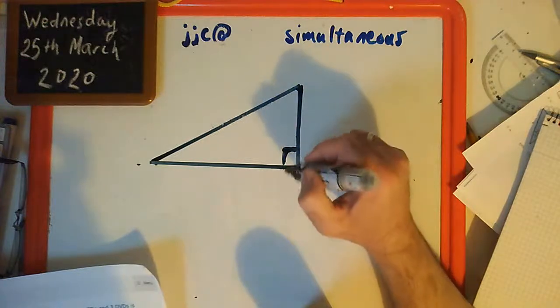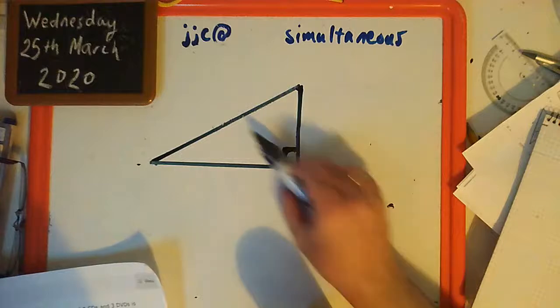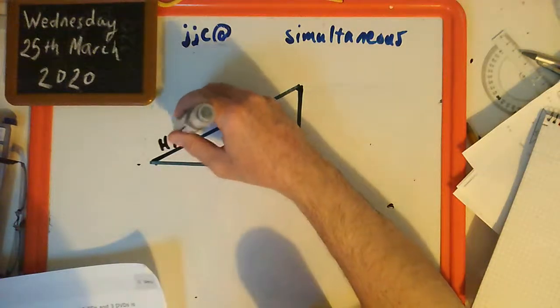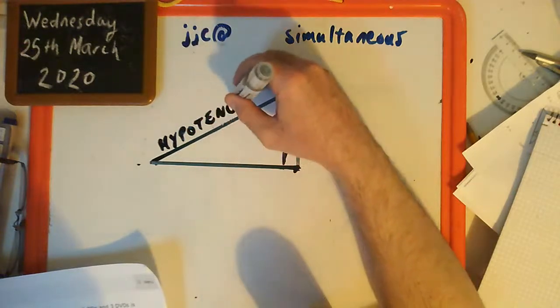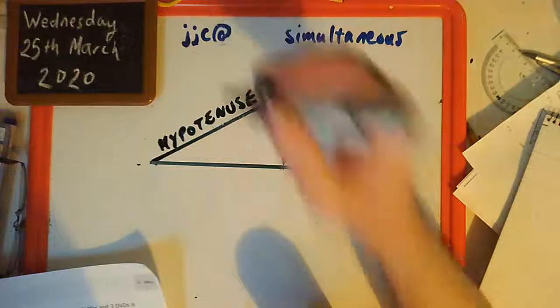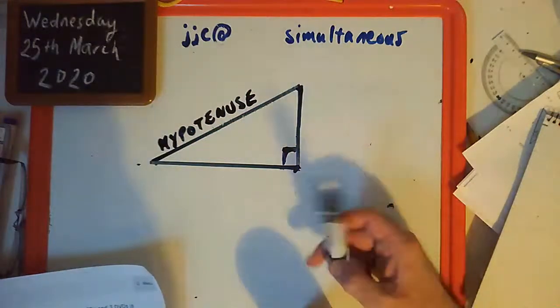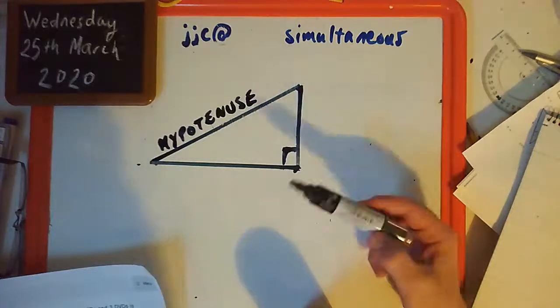So the side that's opposite the largest angle is always going to be the largest side, and that has a special name. Hypotenuse. With a right angled triangle, then you ought to be immediately thinking it's either going to be trigonometry or